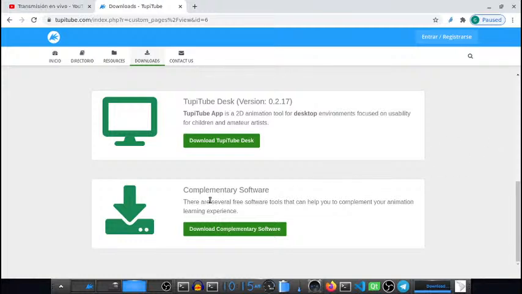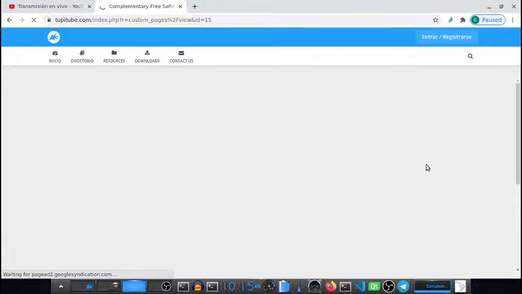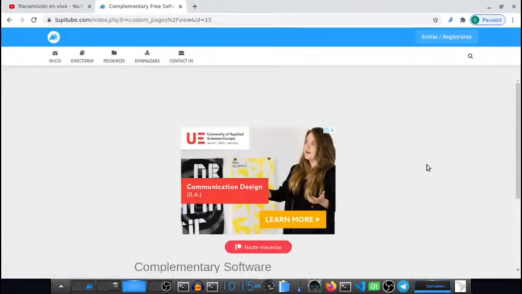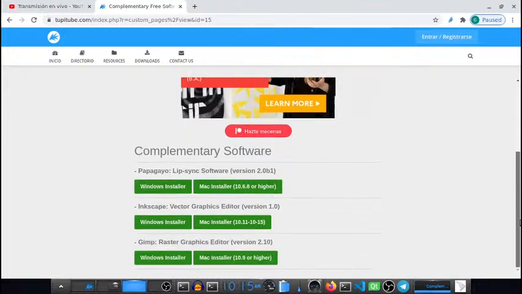Okay, so in the link download complementary software, you can get in and you will find the Papagayo installer that is available for Windows, for Mac, and the source code is available for Linux.